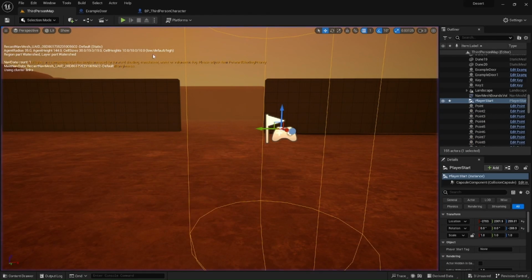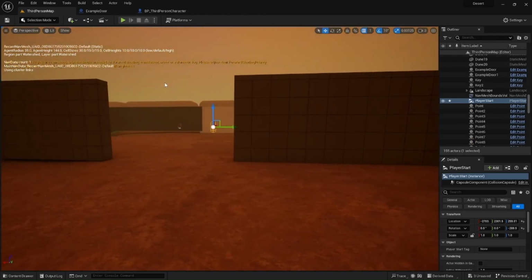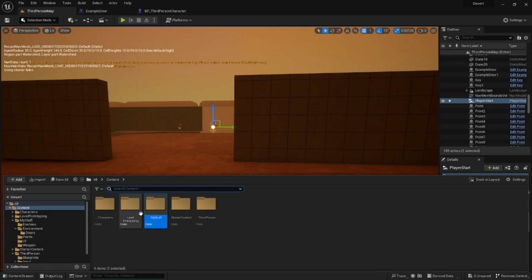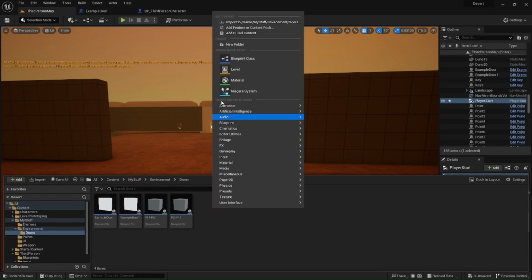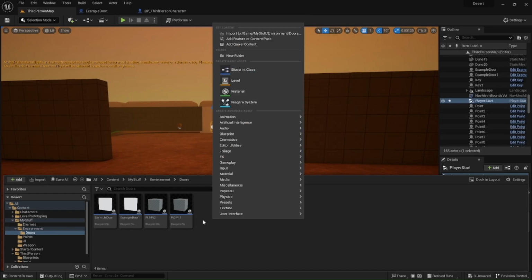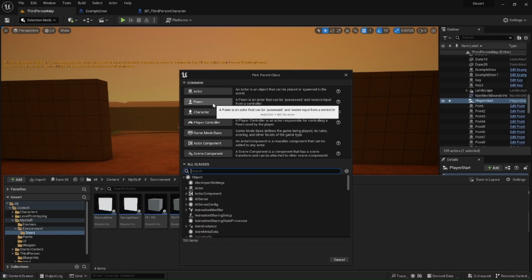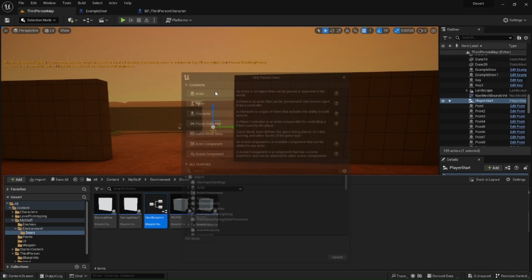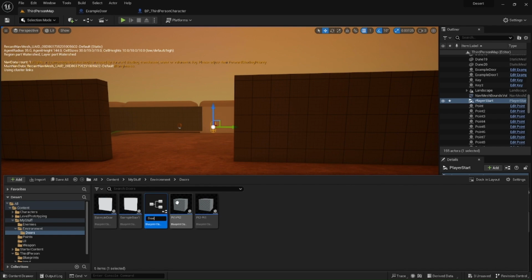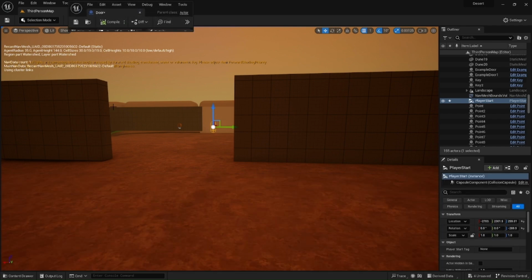So, start, you want to go to whatever folder you want to make this in. I've got a folder for doors. You want to right-click, and you want to go up to Blueprint class, and then press Actor, and then you can name it whatever you want. I'll just call it Door. And you can go in there,